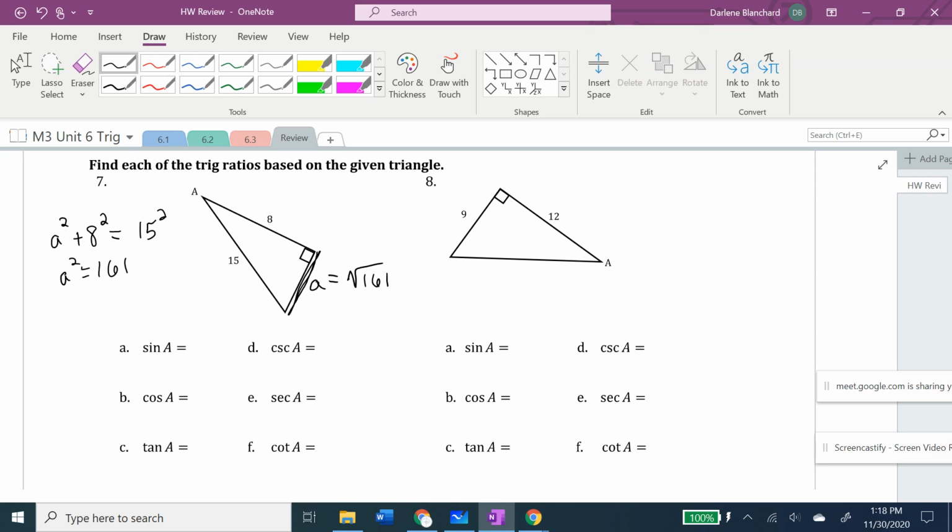Here's the thing. I want to see with problems like this that you can get through them without using a calculator. So I'm going to ask for exact form. When I ask for exact form, if you round your digits of your decimal point, that won't be exact form. So by asking that, I'm trying to keep you from just using your calculator and show that you know the trig. Now, angle A right here,